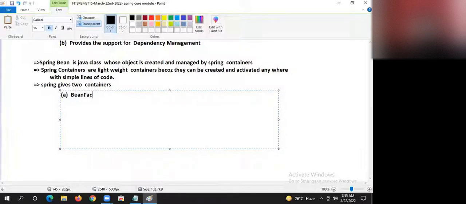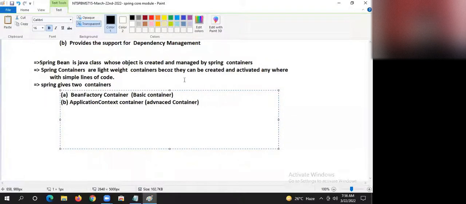First, bean factory container. Before questioning, first accept the newness. Accepting the newness is most important before questioning. Bean factory container, basic container. Number 2, application context container, advanced container.